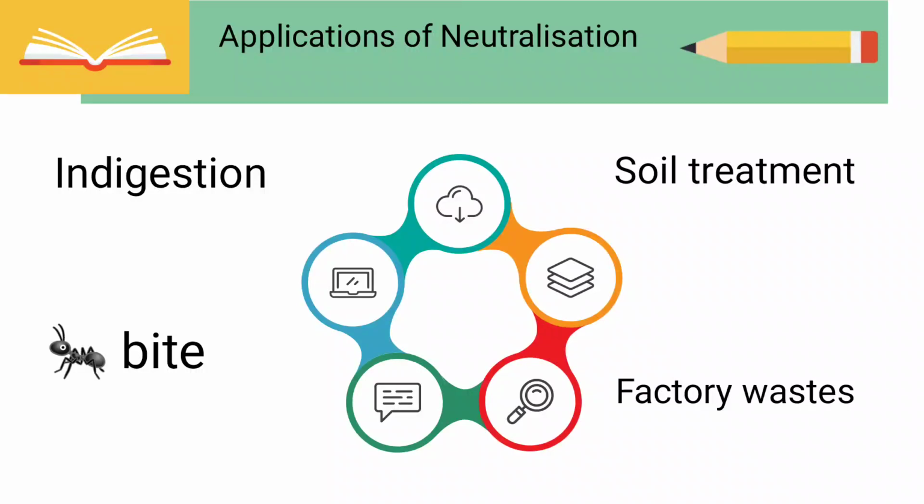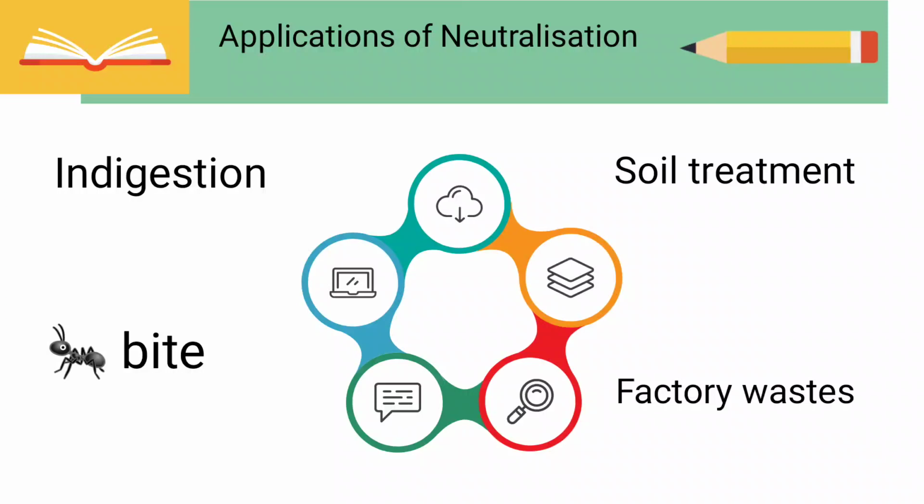Now, soil treatment. Excessive use of chemical fertilizers makes the soil acidic. So every year the farmer sprays a lot of chemical fertilizers. Plants do not grow well when the soil is either too acidic or too basic. When the soil is too acidic, it should be treated with bases like quicklime or slaked lime. If the soil is basic, organic matter is added to it. Organic matter releases acids which neutralize the basic nature of the soil.